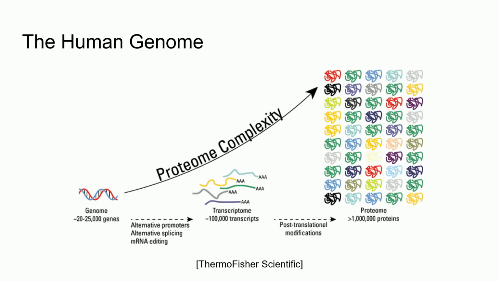There are a couple terms introduced in this graphic that I would like to go over for completeness. We use the term genome to refer to the entire genetic material in a cell, or the entire DNA sequence. Transcription is the process of creating messenger RNA from this DNA sequence, and the transcriptome refers to the entire messenger RNA content. Messenger RNA, or mRNA, is what eventually gives rise to protein, and by extension, the proteome, or the entire protein content. More on these components later.